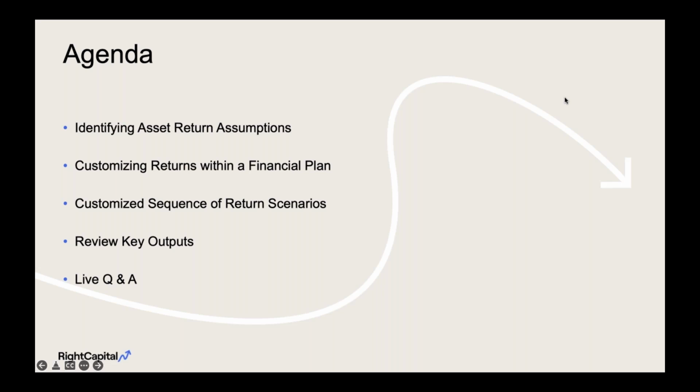And then we're going to review, of course, the key outputs and where you can really compare and contrast these different outcomes, and where you might see value in adding them in. Might there be a time when we're looking to show the benefit of an annuity or some guaranteed income streams, or a more, let's say, conservative investment strategy with some different what if scenarios? So this is all going to be part of the process today,